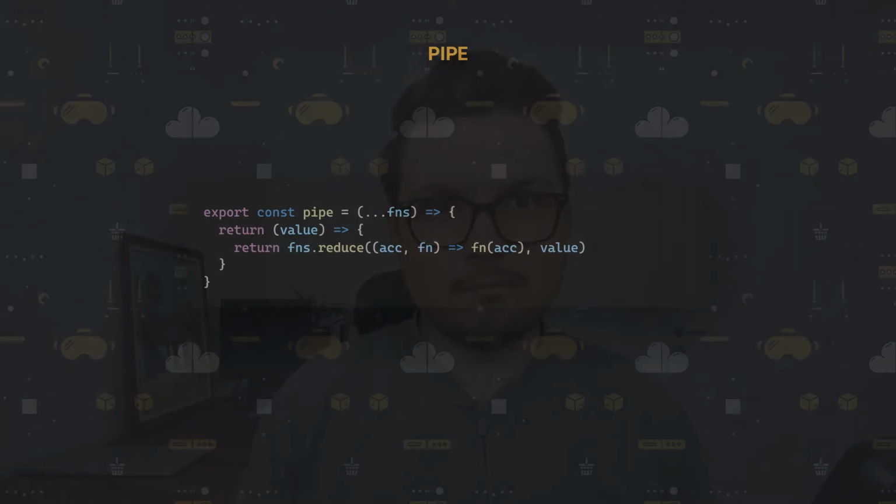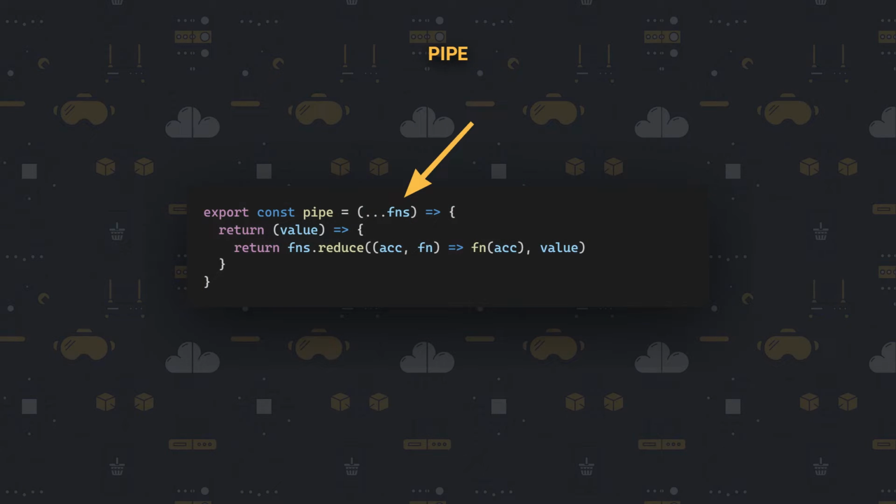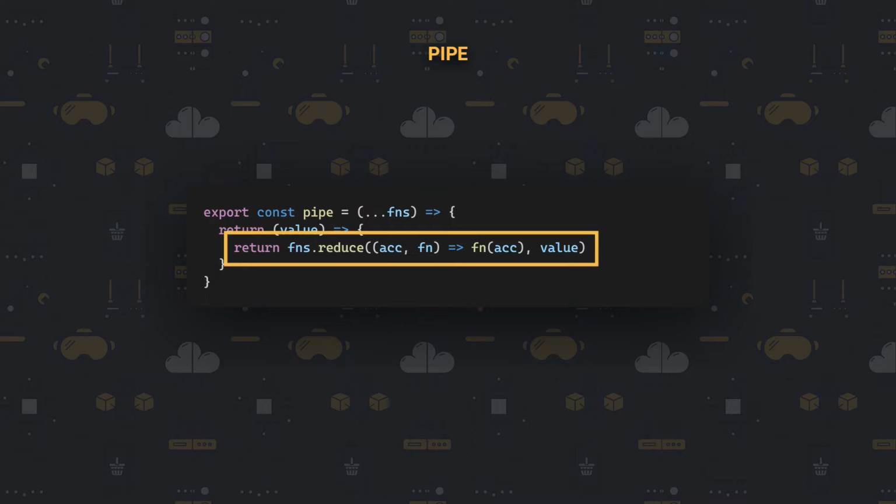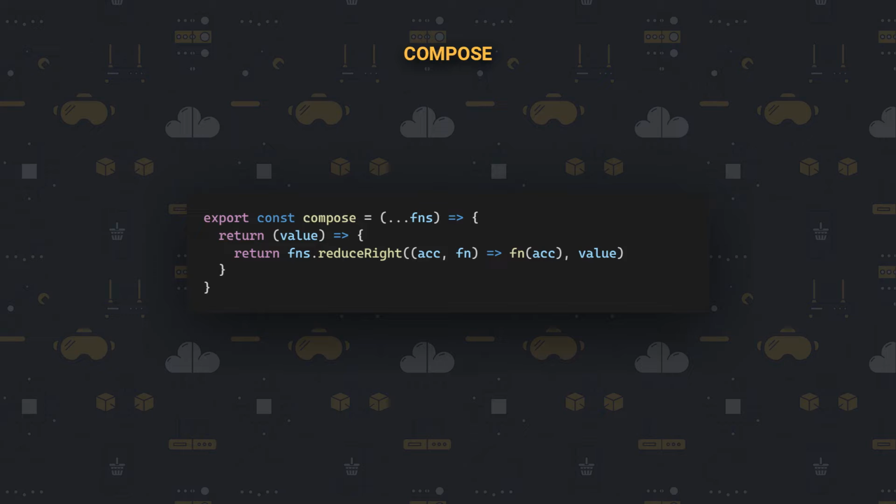They are both pure higher-order functions. Let's check them out. Here we are using the rest parameter syntax because our pipe function will have a variable number of parameters. We don't know how many. We then return another function that accepts the initial data, which is then passed as the initial value to the reduce method. Using reduce, we iterate over every function passed and executed and send the result to the next function. Brilliant. Compose works much in the same way. The difference is that it applies the functions in the reverse order using reduceRight.